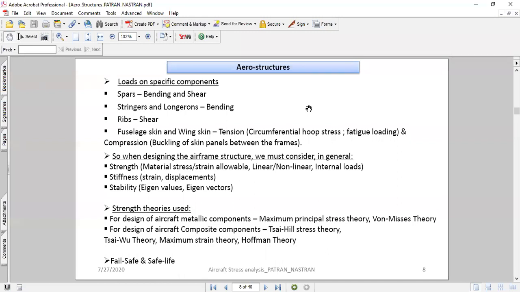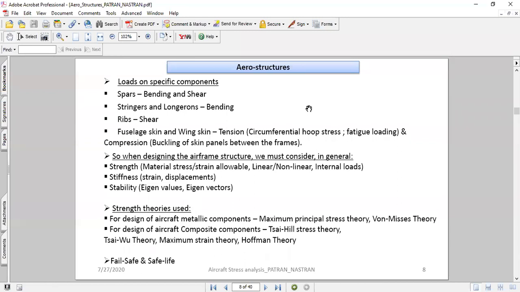Since they are very thin structures, we neglect the transverse effect, we neglect the shear effect, whereas ribs mainly resist the shear loading because they run across from the leading edge to trailing edge along the wing chord.